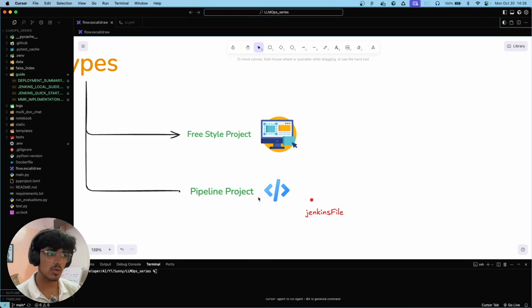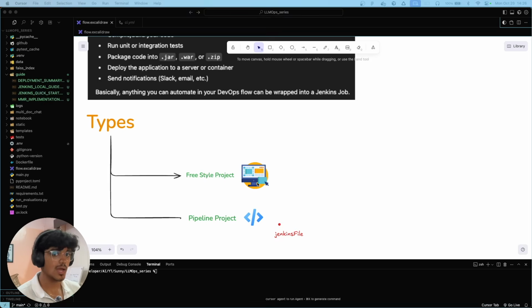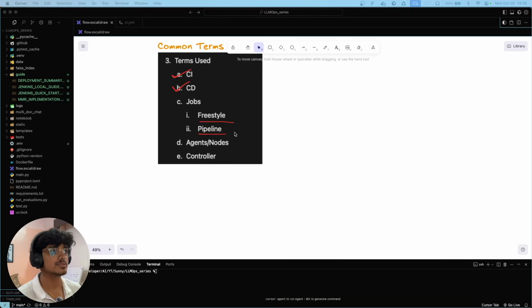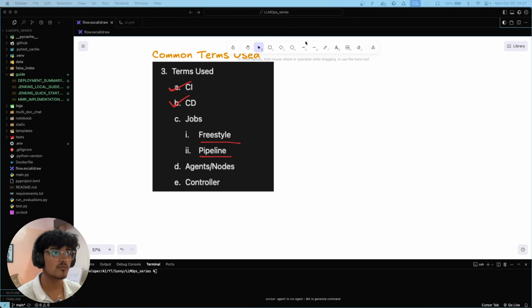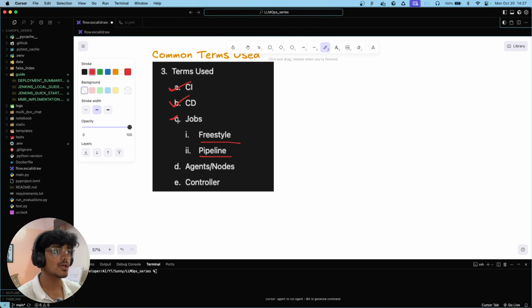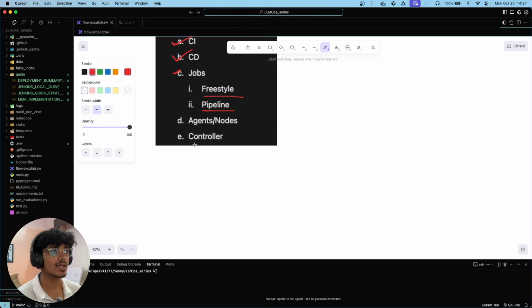So you are going to need this pipeline projects. And luckily in this session we are going to implement a pipeline project for running tests in our project. Okay, so I hope you got the point of what jobs are in Jenkins, what freestyle is, and what pipeline is. So this is also done, and now let's move ahead to what agents, nodes, and